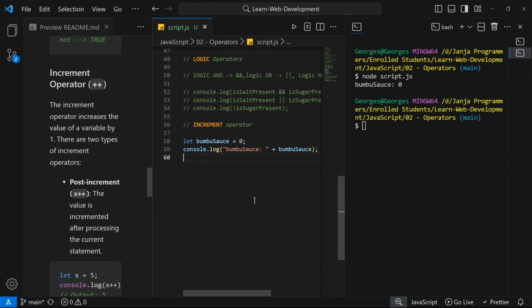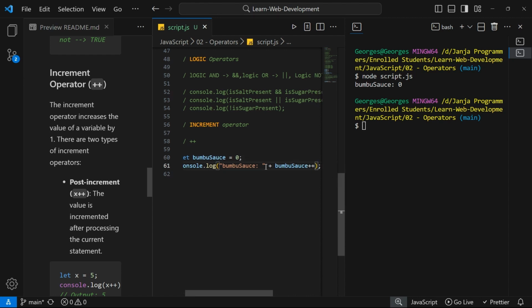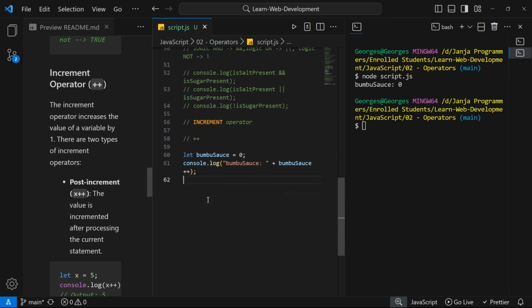So the increment operator is denoted by the two plus sign symbol. When you say here Bumbo sauce, we already defined this variable as 0. Now if you want to use the increment operator, we just use the two plus sign symbol to increment the value of Bumbo sauce. So if you now log this to the console,